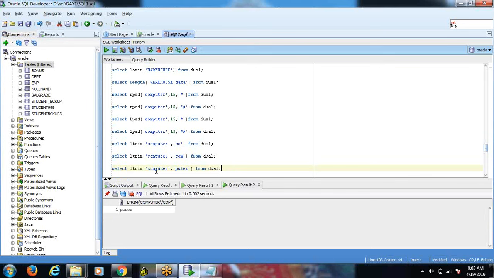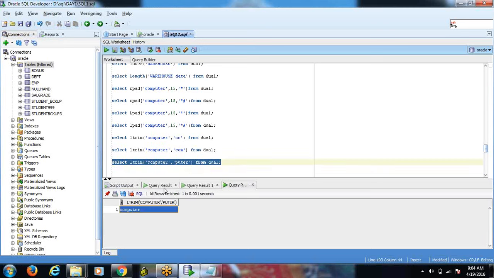Because we are telling it to cut PUTER, so it's not going to show. Whether PUTER is at the left side or some other characters are there at the left side, that is nothing but COM, right? If we are giving PUTER directly, the system can't take it. Why? Because these are not at the left side. That's why it will display the same output, computer.